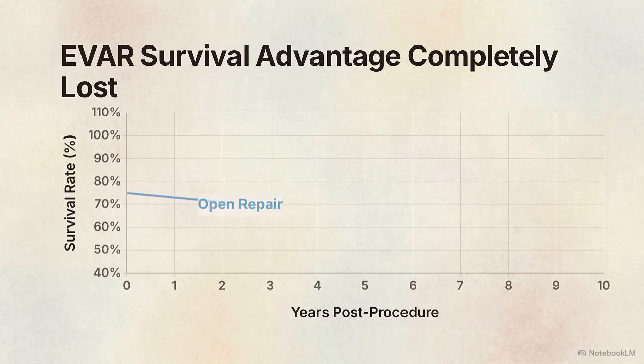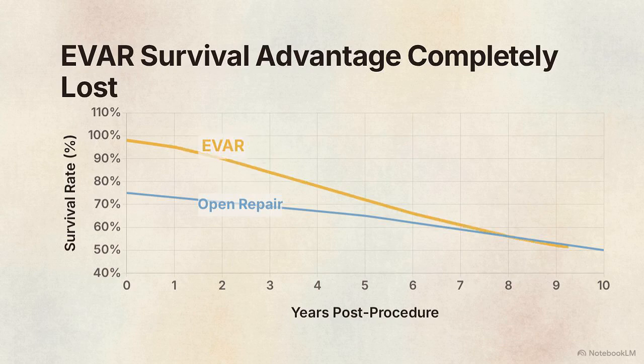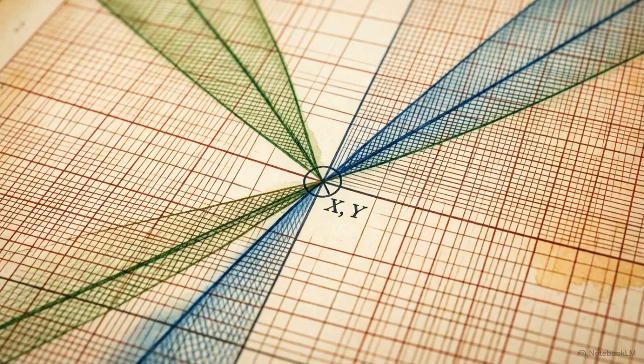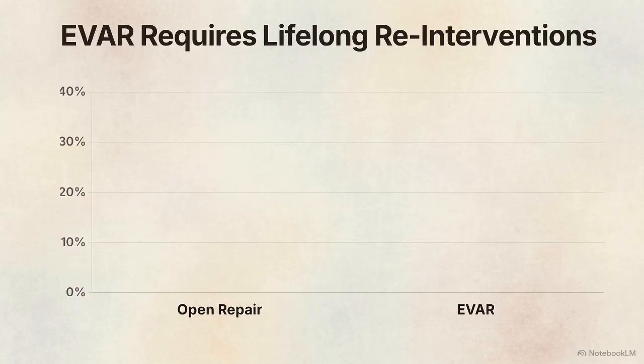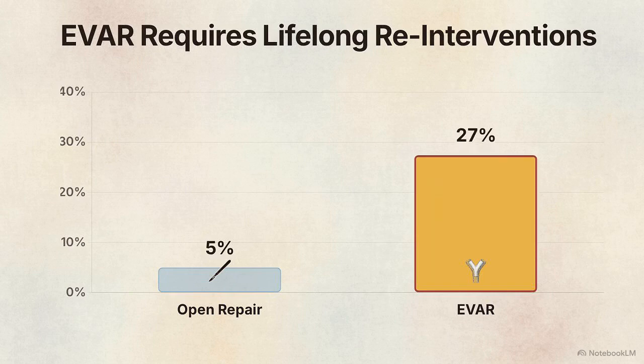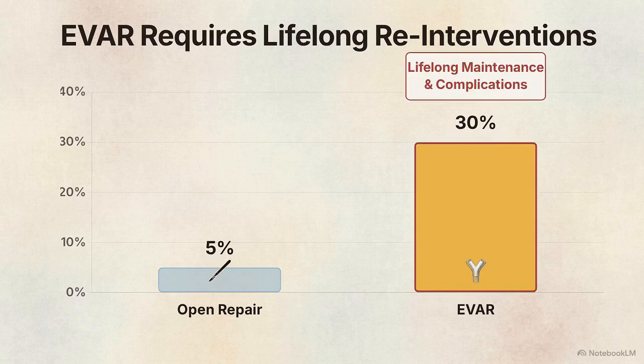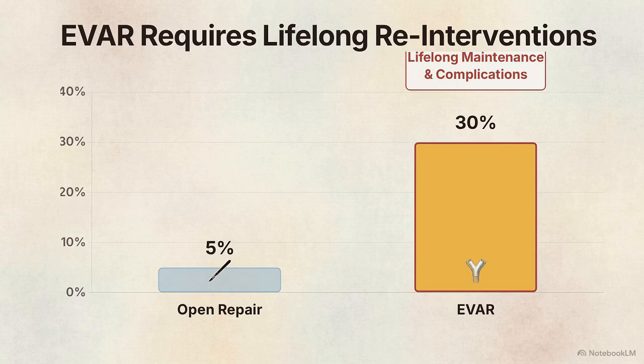But as the timeline extends out, the EVAR survival curve slopes down to perfectly intersect the open repair line. The long-term total mortality is identical. The hidden cost driving this data is the physical durability of the graft. EVAR patients experience a significantly higher rate of delayed mechanical complications, requiring a lifelong series of secondary reinterventions to maintain